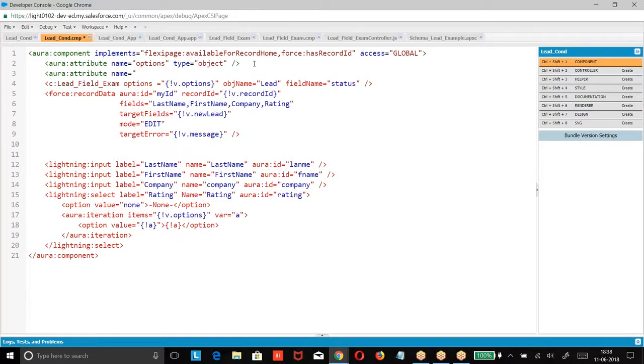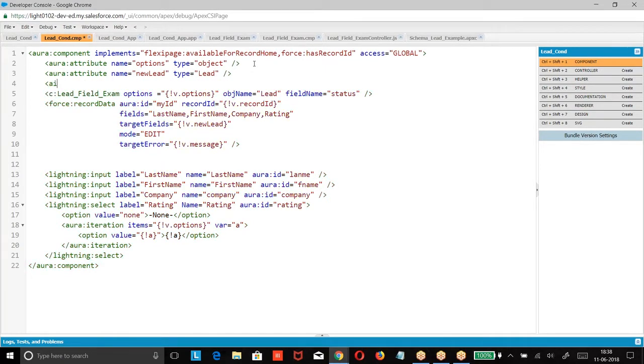Name equal to new lead, type equal to name equal to type equal to. So this is how we are given. So whatever the record we are referring using a record data, their same value should be given here. So if I enter any data here, that should be stored to what? New lead. If I enter any data in this, that value should be stored to what? New lead. So how will you store?